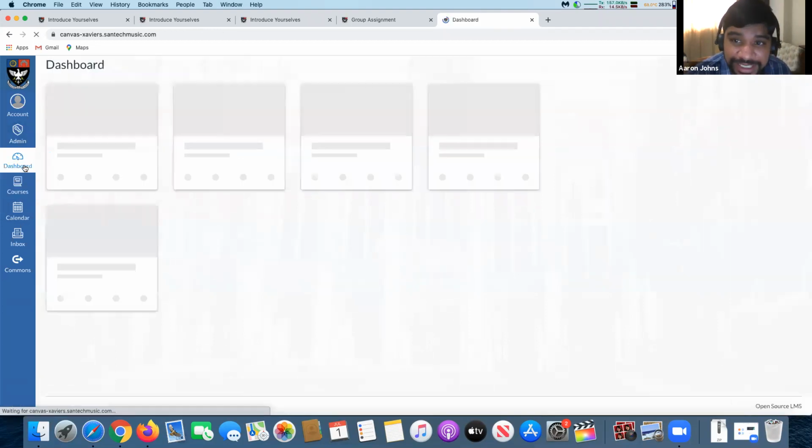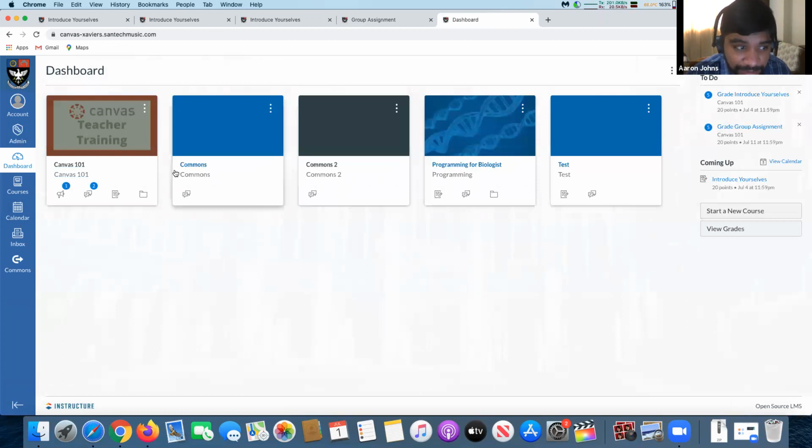Now it all depends on your internet connection, by the way. So the college has a good internet connection. I mean, this is a house. I'm running it on my own server over here at home. So this is a little different thing. So it will be a bit slow.